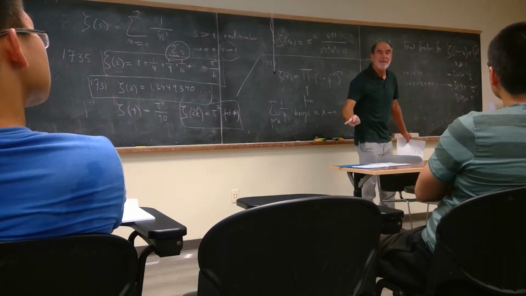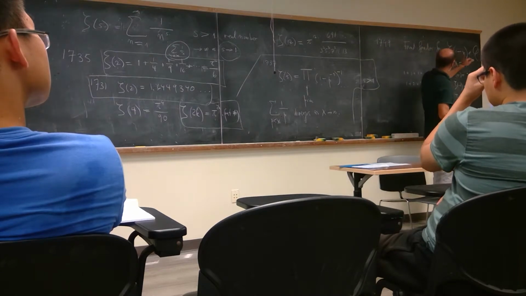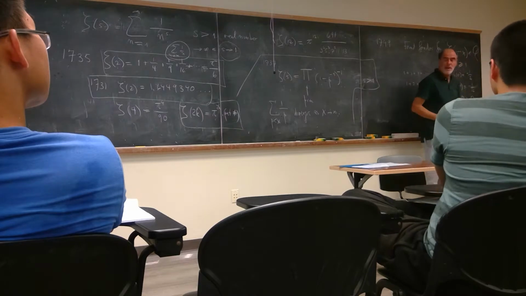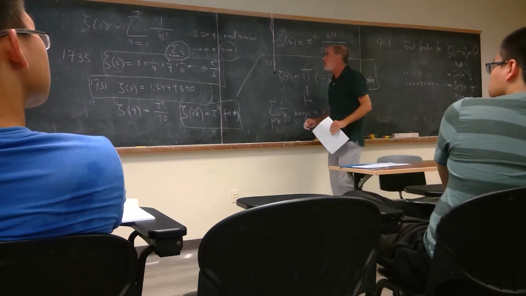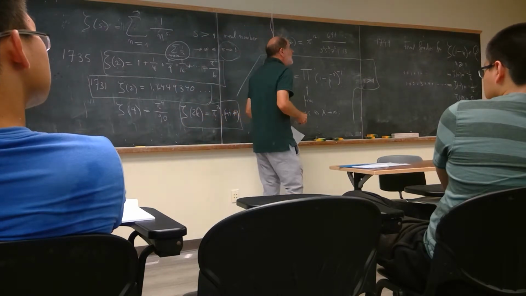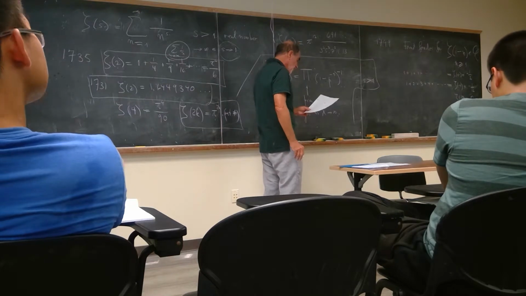So that's not what he meant. He had some way of reinterpreting what this sum would be, and we'll see how he did it. He didn't have any notion of complex variable theory or analytic continuation that we have nowadays, but he was able to find this formula, and not only did he find a nice formula for it,